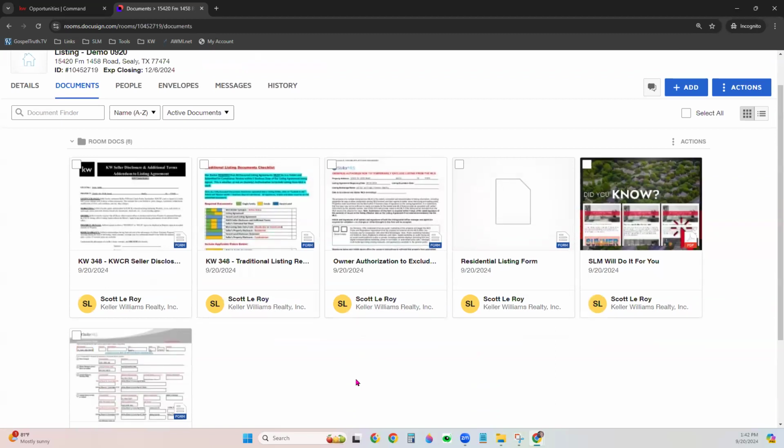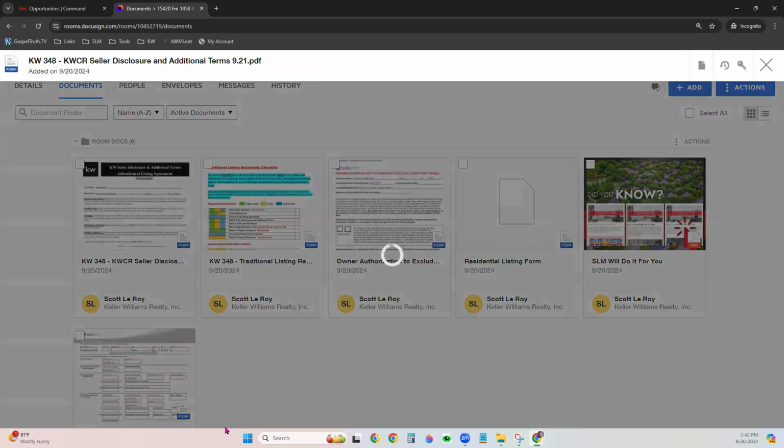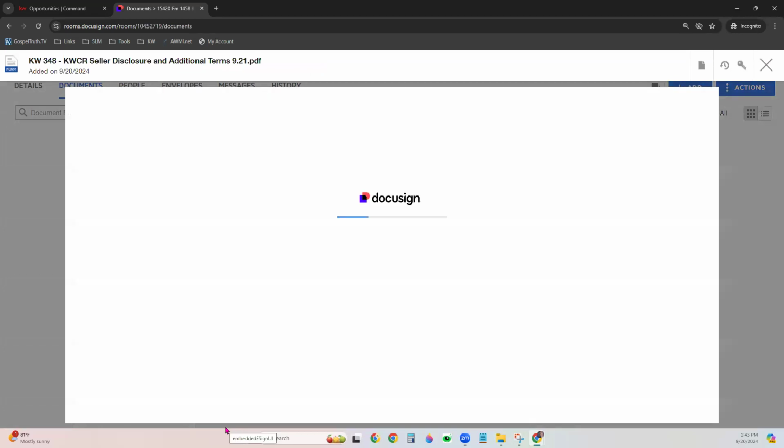If they are a DocuSign form, again, we clicked Add in DocuSign form from our MLS or from our Market Center, then they already have fields on them, and all I have to do is simply click on that particular document. It may take a moment to open,